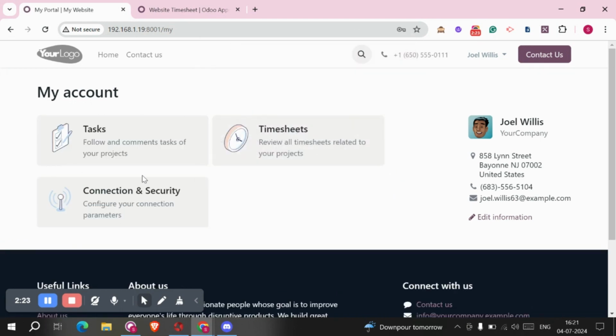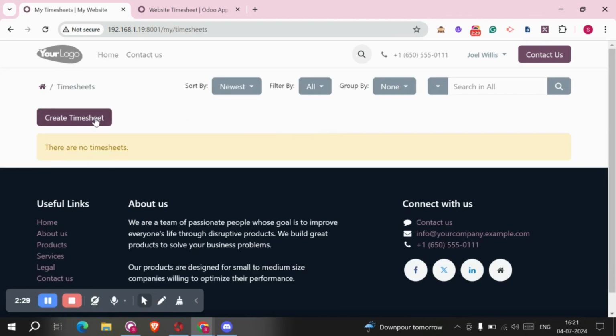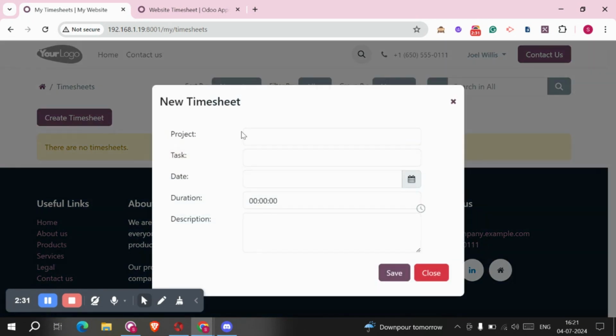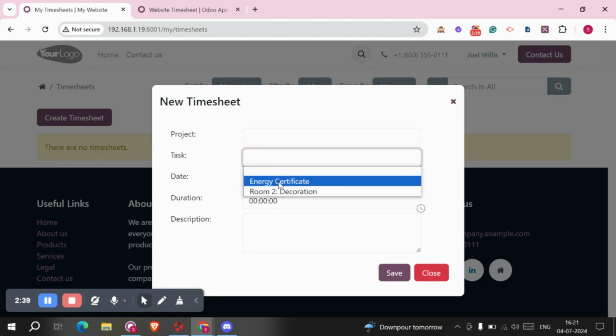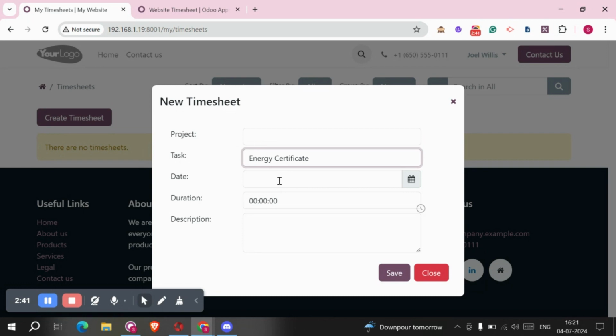Because we had given only task rights, here you can see the Task menu. Now we'll go into the timesheet. Now we'll create one new timesheet. Here you cannot see any projects because this user does not have any project rights, but they have task rights. You can define your task, specific date,